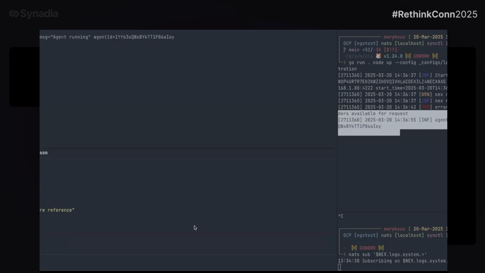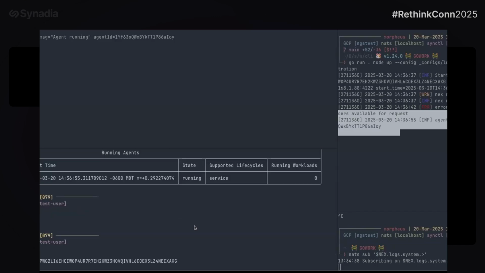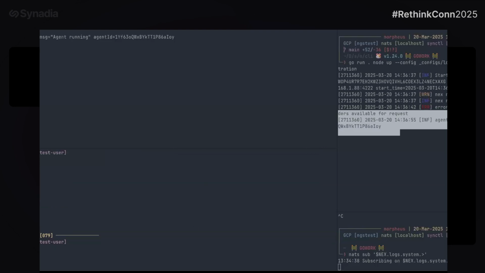What that means is we're going to send it with a reference to this binary right here that's sitting in the object store on the NATS server on my computer. The agent's then going to pull the binary, save it locally, and then start it.